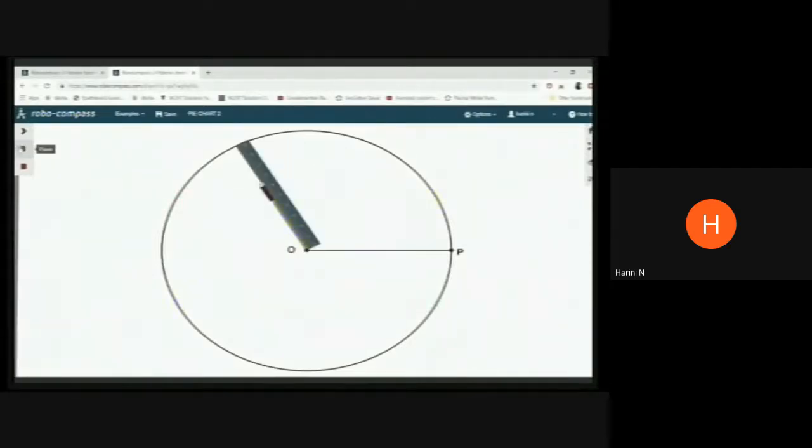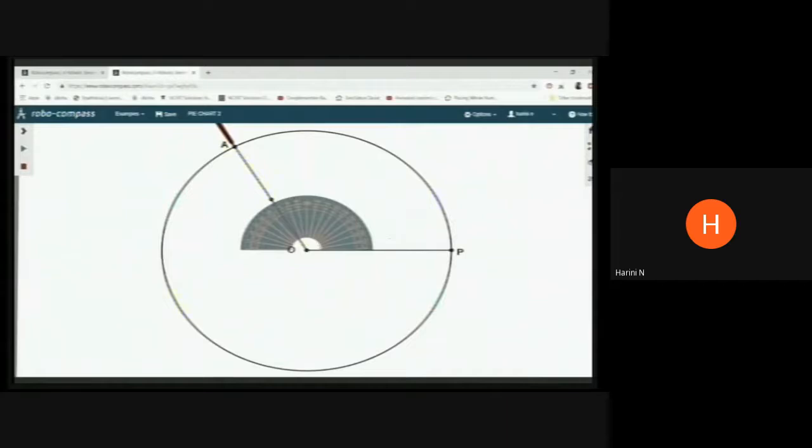So once the 120 is ready, the second radius has come. Once that radius is drawn, again, the point of intersection has to be located, marked and labeled also. So that is labeled as A. So the second radius has come now, OA. So the area between these two radii is going to be my first sector, which represents the sleep hours.